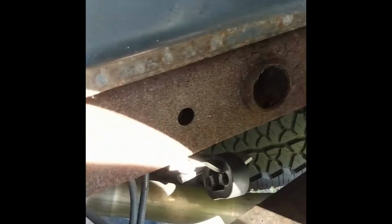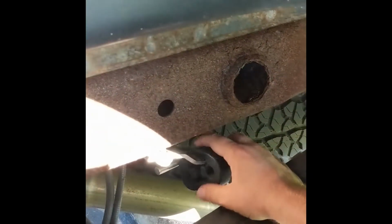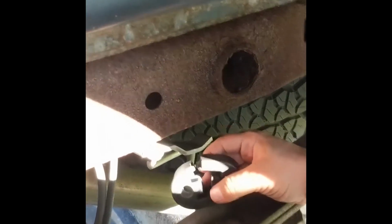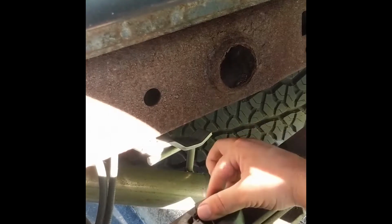What's going on, guys? This is Happy Wheels Cars and Stuff, and right now I have a broken exhaust hanger bushing. It just snapped in half on me. So anyways, I went ahead and loosened the hanger,